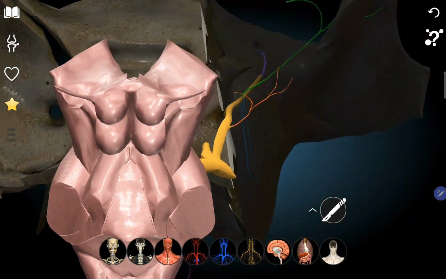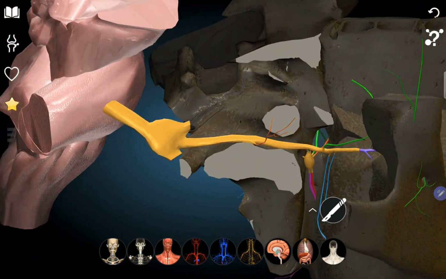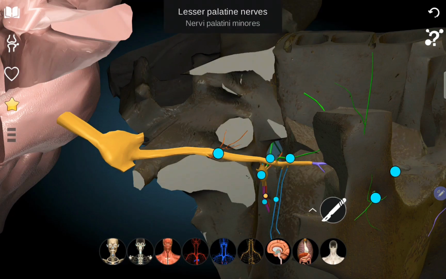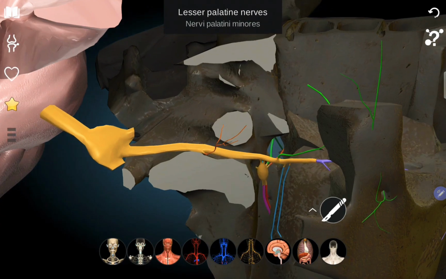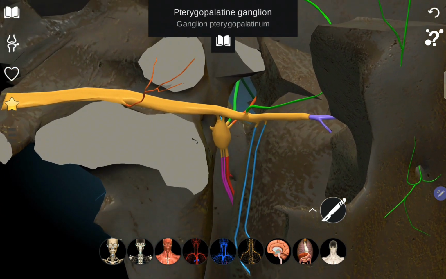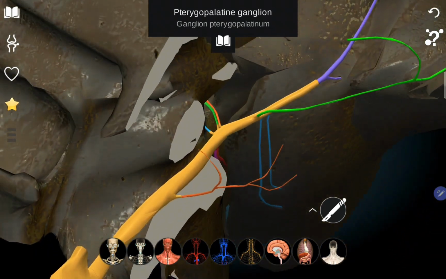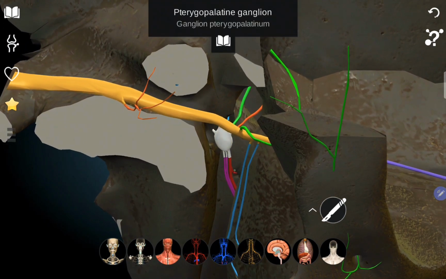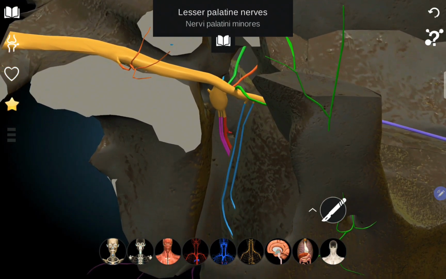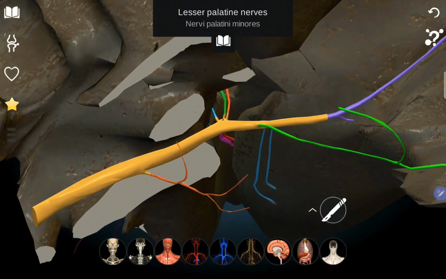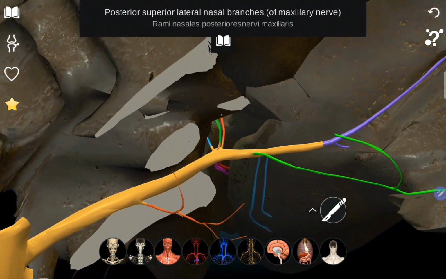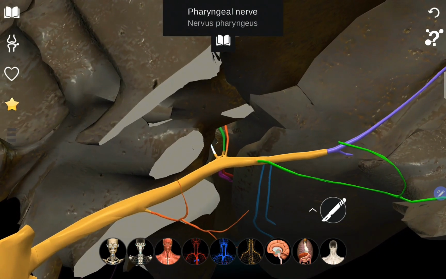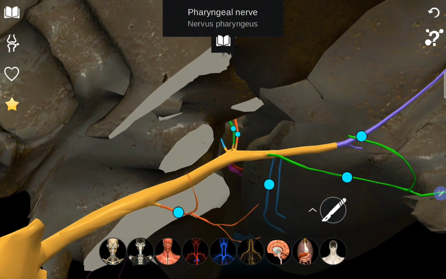The first branch of the maxillary nerve is the meningeal nerve. So this is the meningeal branch of the maxillary nerve. Then we have the pterygopalatine ganglion in the pterygopalatine fossa, which is topographically related to the maxillary nerve. Functionally it is related to the seventh nerve. Then we have the lesser palatine and the greater palatine. Also the pterygopalatine ganglion supplies the lacrimal gland, nasal gland and palatine gland. So we have the nasopalatine nerve, the pharyngeal nerve, and the